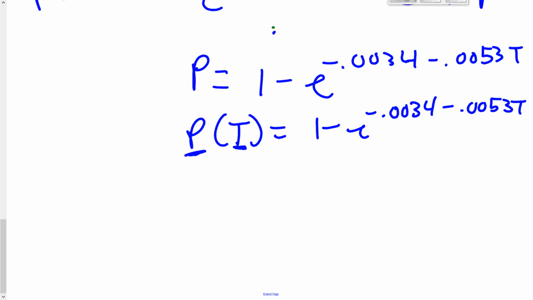Now B asks us to discuss the benefits of continuing to raise taxes on the carbon if our T is between 0 and 1,000, and T is the dollars per ton of carbon, and P is the corresponding percentage reduction in decimal form of our emissions of carbon dioxide. So we want to determine P when T is 60. So we're going to plug in 60 in for T here. So we plug in 60 in for this T, so P of 60